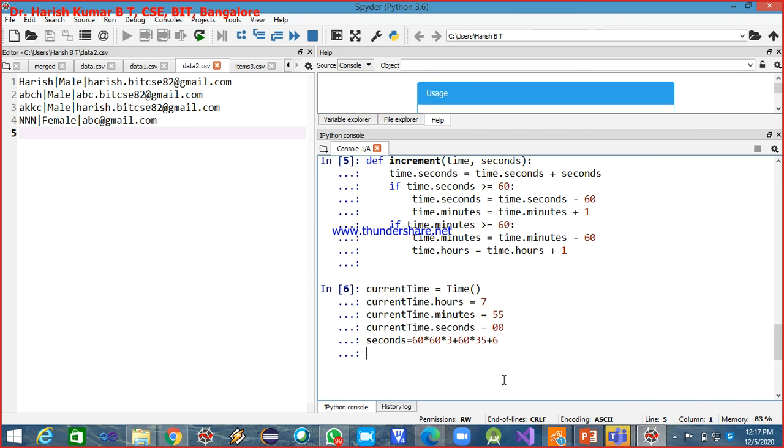Okay. So now I go for calling increment by passing the current time instance and the seconds. The definition, let me modify it later, because here I'll go for printing the hours, minutes and seconds, everything. Now I'll call increment.